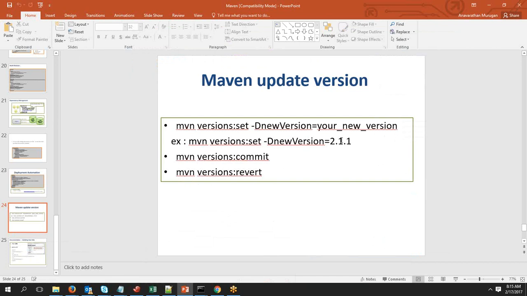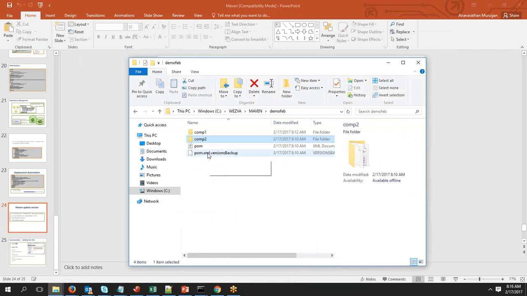In case we want to continue with our development copy, then basically we need to undo this change, or revert the changes we have done, right? So that is when we will use a goal called revert using the same plugin, versions. So when you say Maven versions revert, what it is going to do is from the backup, whatever it has taken, it is going to replace this file. So that is the purpose of taking a backup. Now, if you see, this is just a copy of the older file which had the snapshot as the version. So when you say revert, it is going to replace this file from the content of the backup file so that everything will get changed back to the version 1.0 snapshot and we can continue doing the development